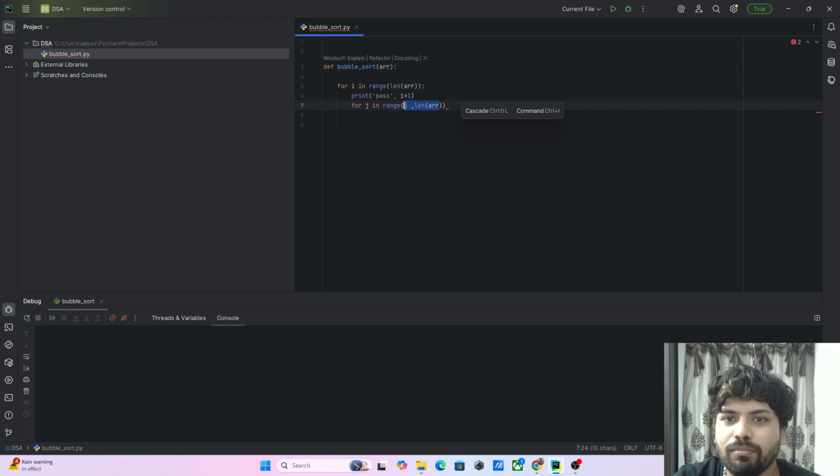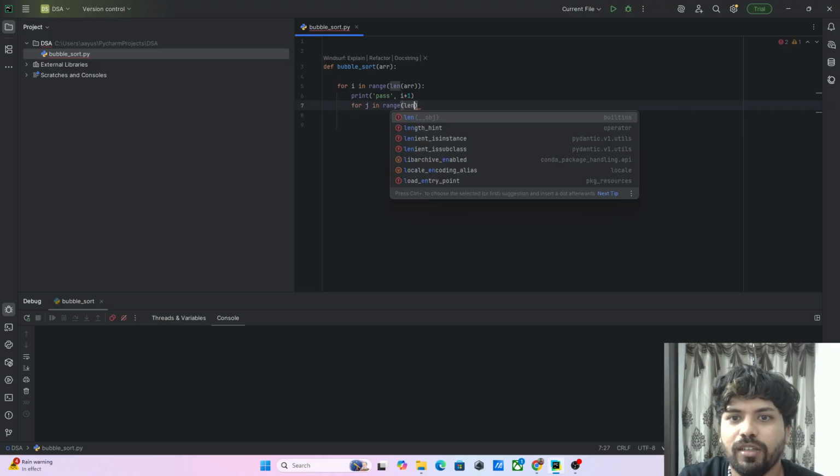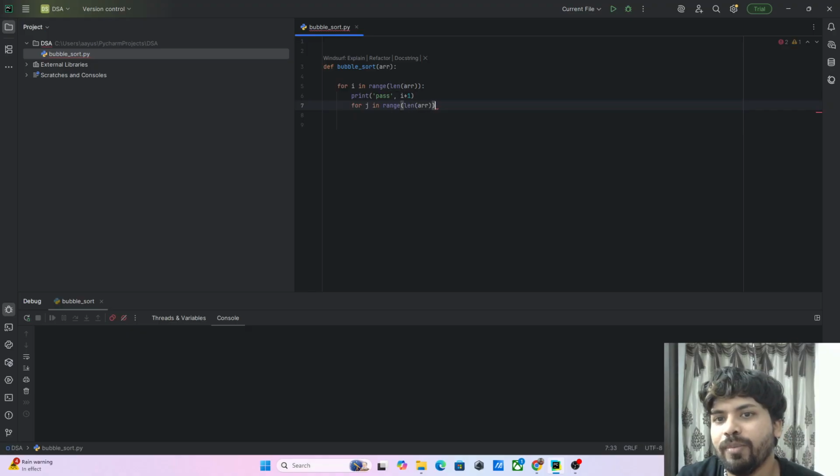Let's just take length of array here. We will optimize it later and see how we can do that. Okay, so